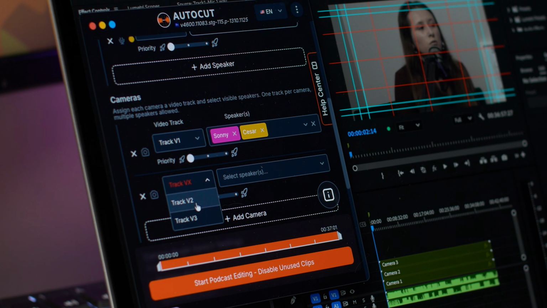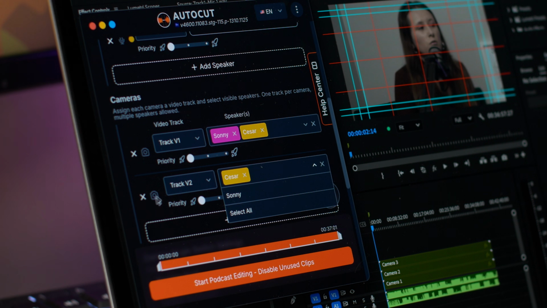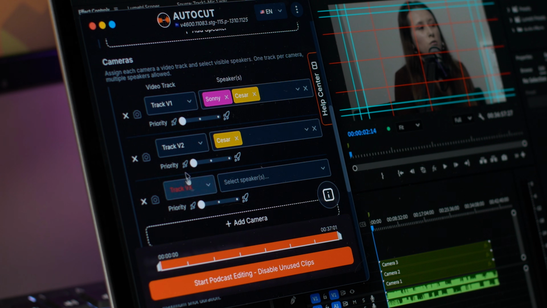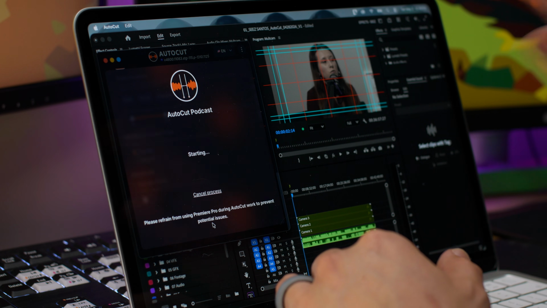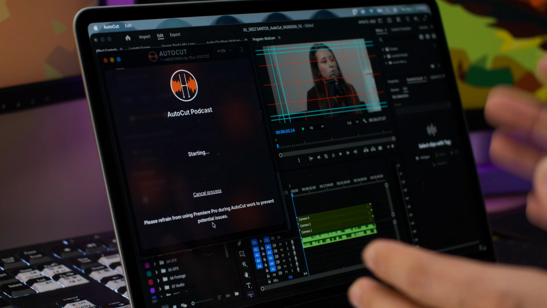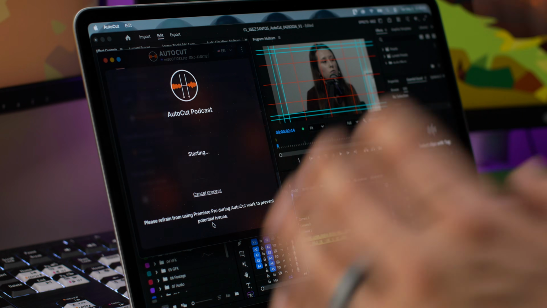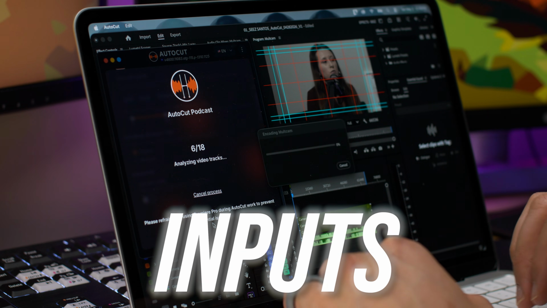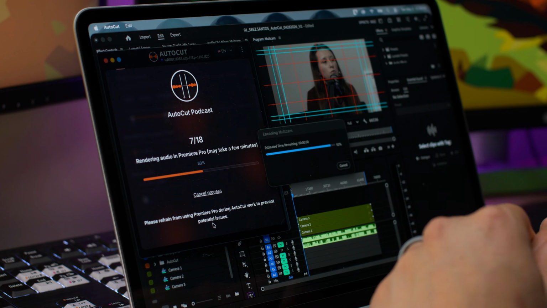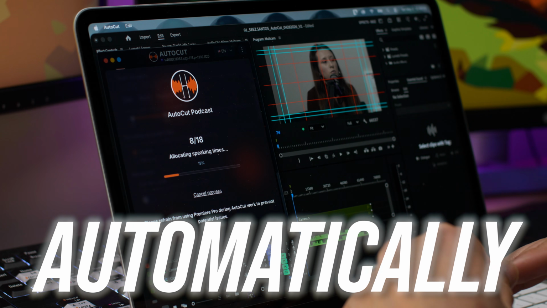To make this work, you have to assign your tracks. I tell AutoCut that audio track 1 belongs to camera 1, audio track 2 belongs to camera 2. When I hit analyze, AutoCut completely bypasses the video files. It does not look at the video. It analyzes the microphone inputs and detects the exact millisecond that guest starts speaking, and it automatically cuts the video